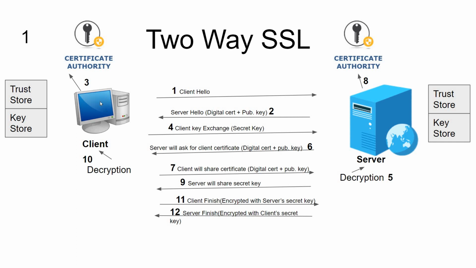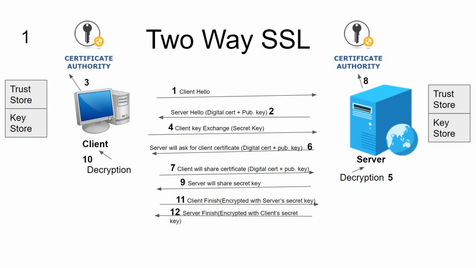Once the client receives them, it will check with the certificate authority whether it can trust the server or not. Once the certificate authority confirms that you can trust the server,